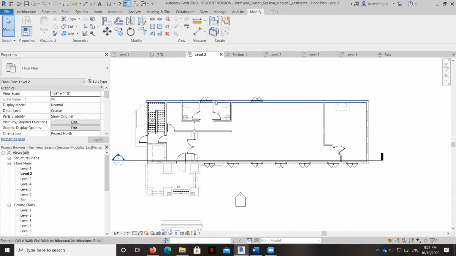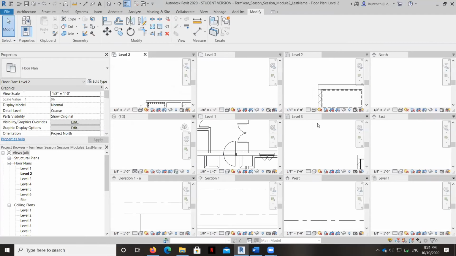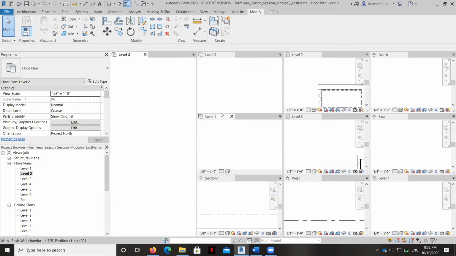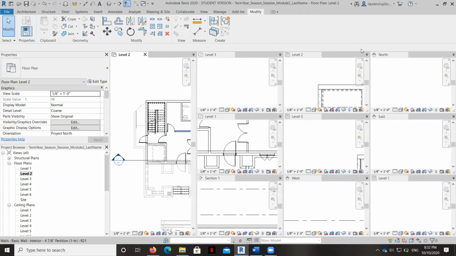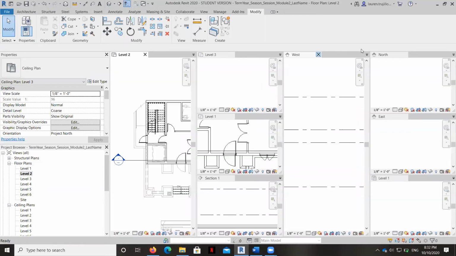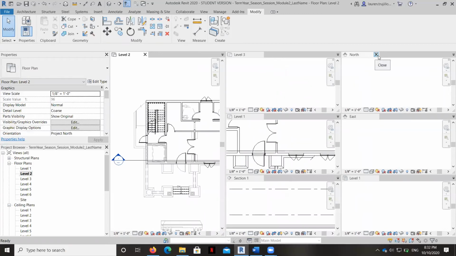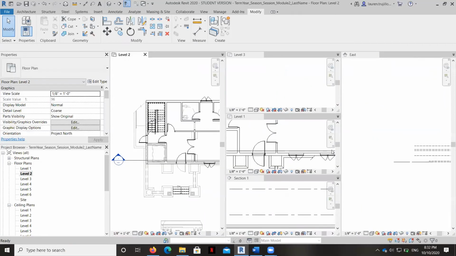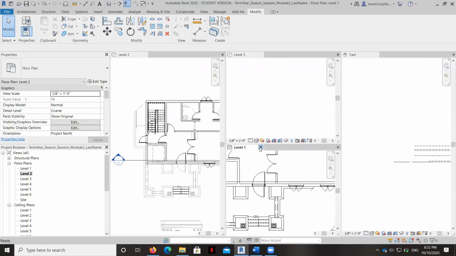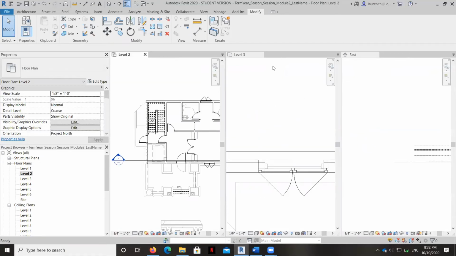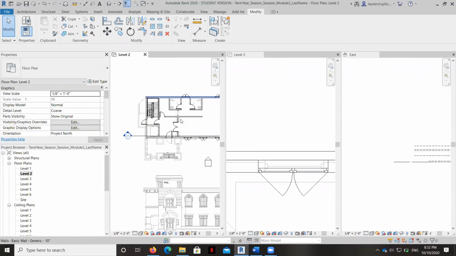If you hit WT, enter, it'll have all your windows open, which might be a little bit overwhelming, but you can just go back to your level. And you can get rid of these or hide them or maximize these if you want to. Usually when I do this, I go ahead and try to get rid of some of these windows. And then once you do that, then the window that you are working on becomes really large. So you don't need to window tile unless you want to see and jump between views, but I just tend to use the project browser. But I thought it might be helpful for you to know, in case you find yourself stuck somewhere that you don't intend to be, that that's how you get out of it.